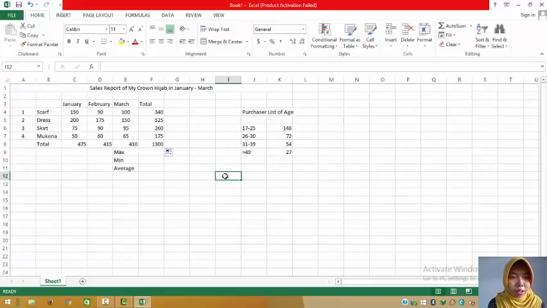After that, if you want to figure out how many products you sell the most, you can fill it here in the maximum data. You need to fill in a formula, which I will tell you, here is